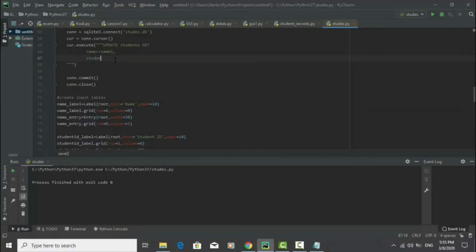So student ID is equal to student ID 1. Set the student ID to student ID 1,